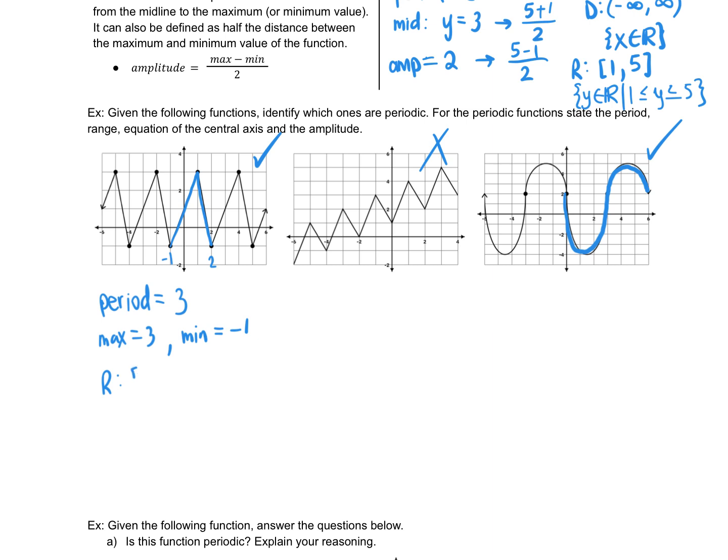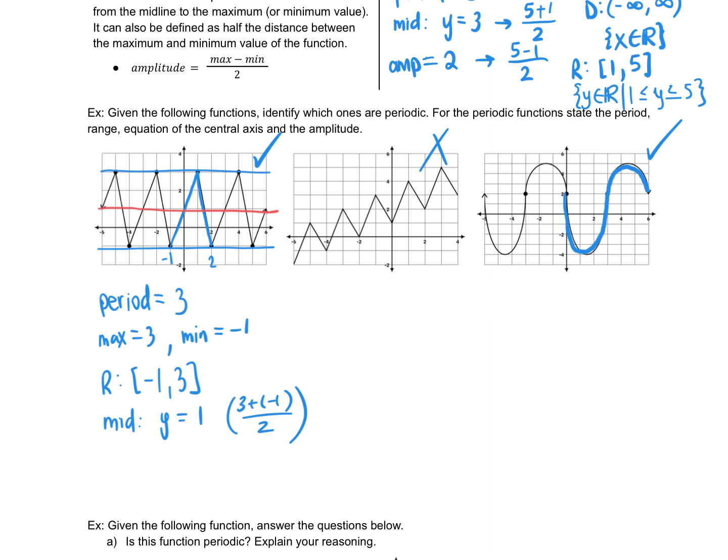So for my range, we're from -1 to 3. For my midline, I can look at the visual. Maximum is 3, minimum is -1. The halfway mark looks like it's at 1, so I would write y equals 1. If I were to find it using my average, I could do max plus min, so 3 plus -1 divided